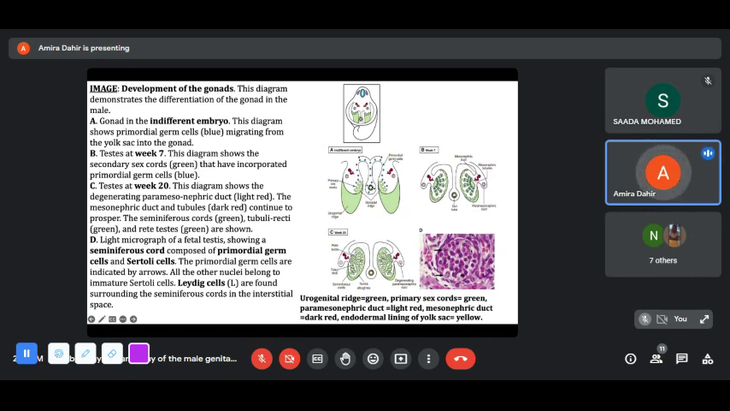This is a light micrograph of fetal testis showing the seminiferous cords composed of primordial germ cells and Sertoli cells. The primordial germ cells are indicated by the arrow. And then the Leydig cells here, they are found within the